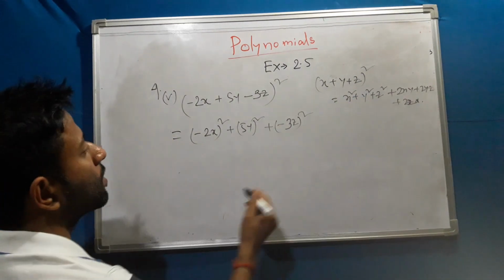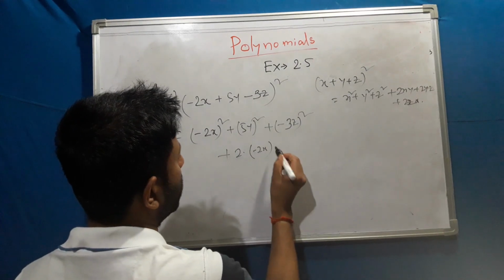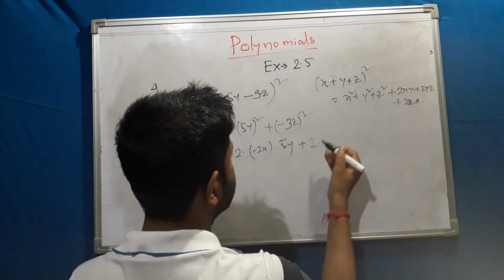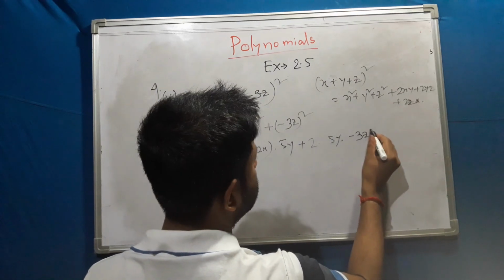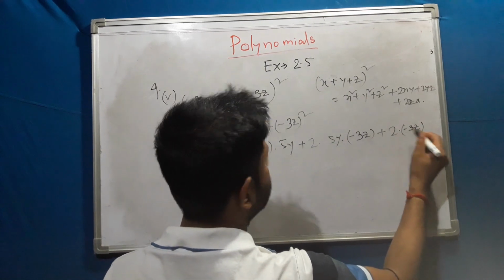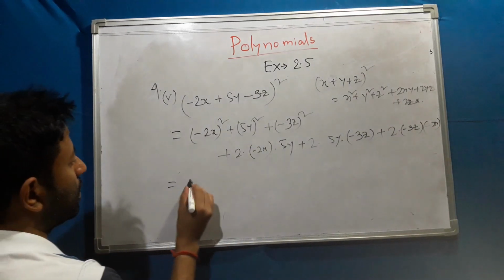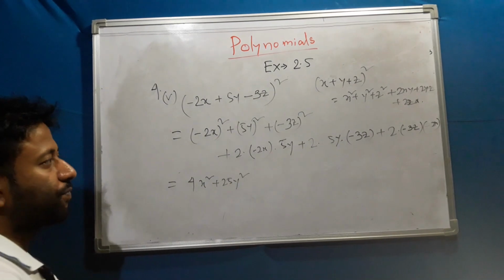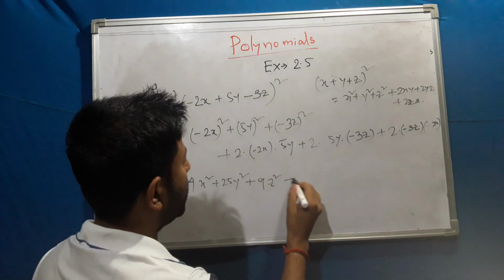So x square plus y square plus z square plus 2 into x, x means minus 2x, y means 5y, plus 2 into y means 5y, and z means minus 3z, plus 2 into z, minus 3z, into x, means minus 2x. Okay, so it will become 4x square plus 25y square, and plus 9z square,